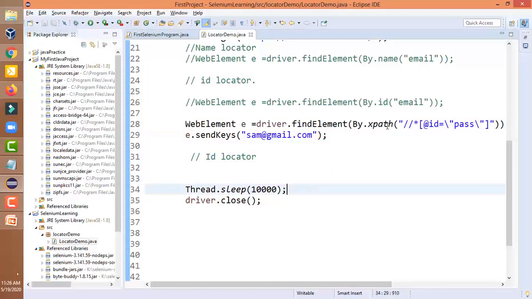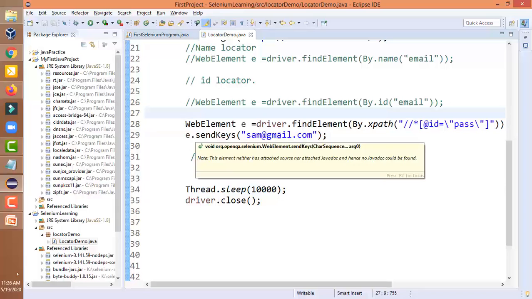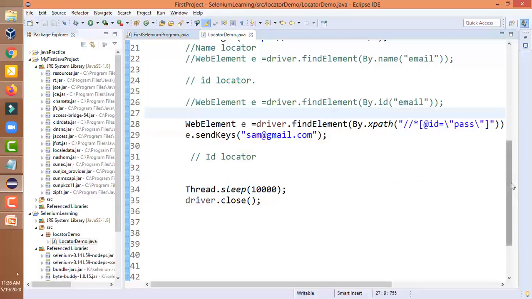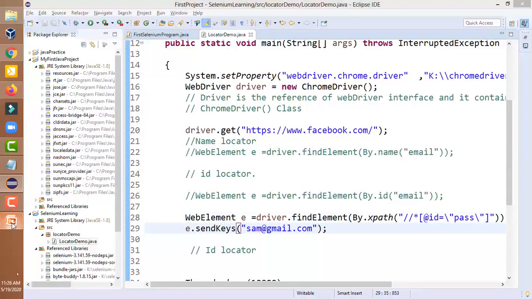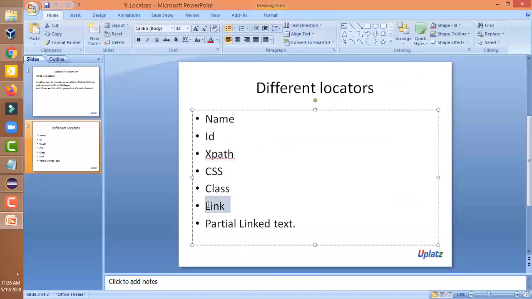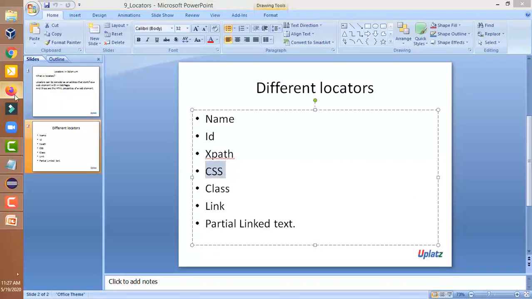So we have discussed the name locator, how we can use the name locator, and how we can use the ID locator. Now let us discuss link text and partial link text. Actually, let me first show you how we can use the CSS locator. In the same way, let us now open the Firefox browser.